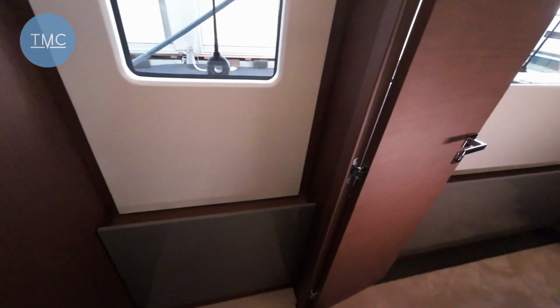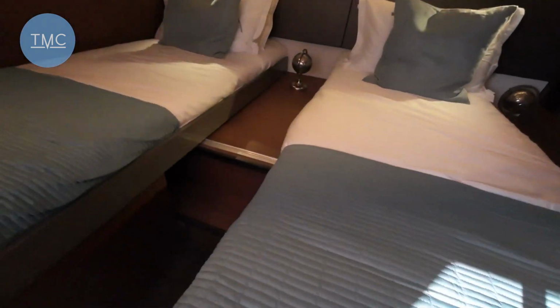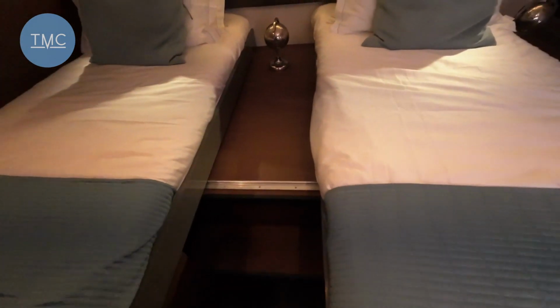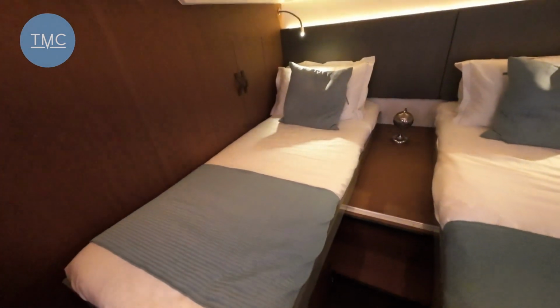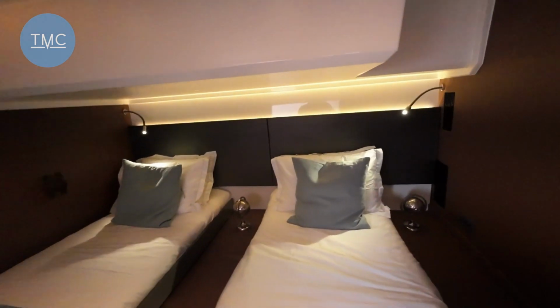Now this one has been set up as a twin. But you can see there immediately there's a rail in between, so these beds can be pulled together. Good sized cabin though, and again all the nice LED lights, hanging locker, lots of glazing,